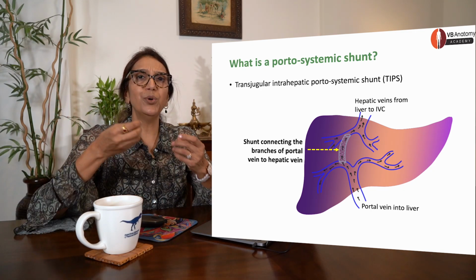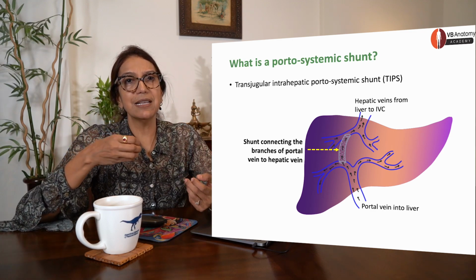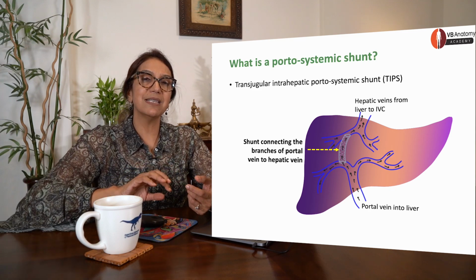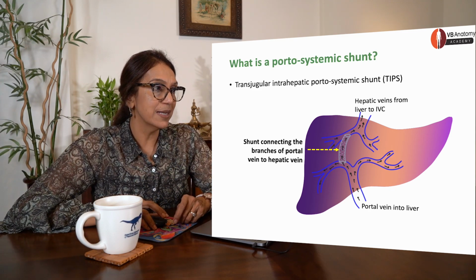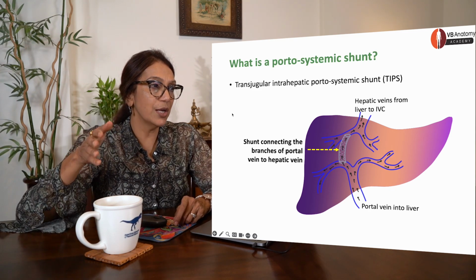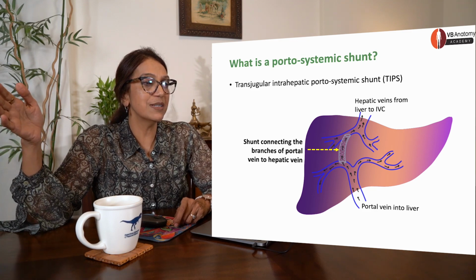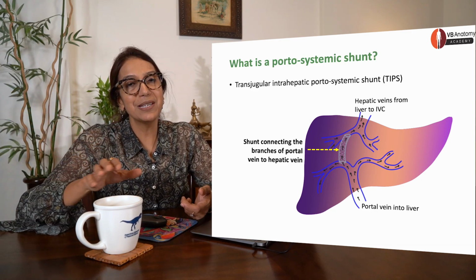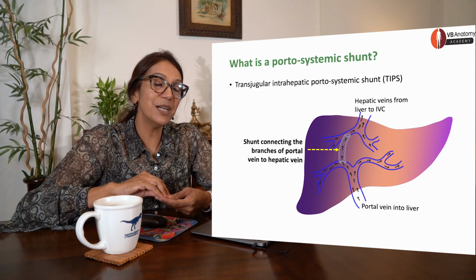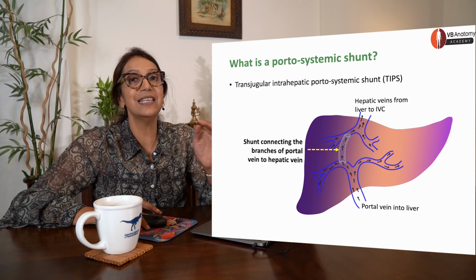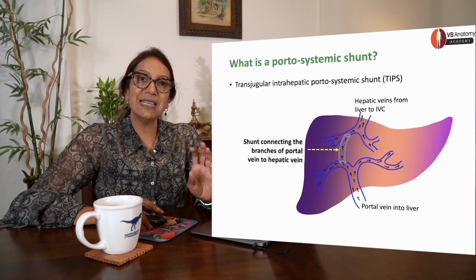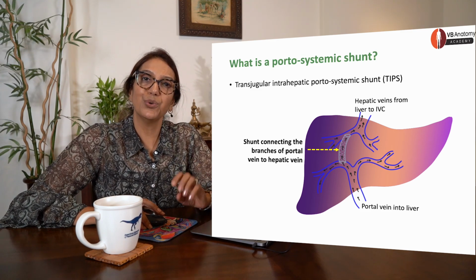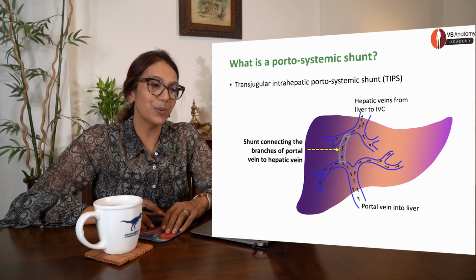Now, this is often put through the jugular vein. You know, nowadays everything is not operated. They just put in tubes through the blood vessels and try and place the shunts in place. This is called transjugular intrahepatic portosystemic shunt, TIPS. Okay, I'm just introducing the terms. I'm sure there are much more qualified people to discuss details of this with you. But just these terms like ascites, portosystemic shunt are some terms you should know.